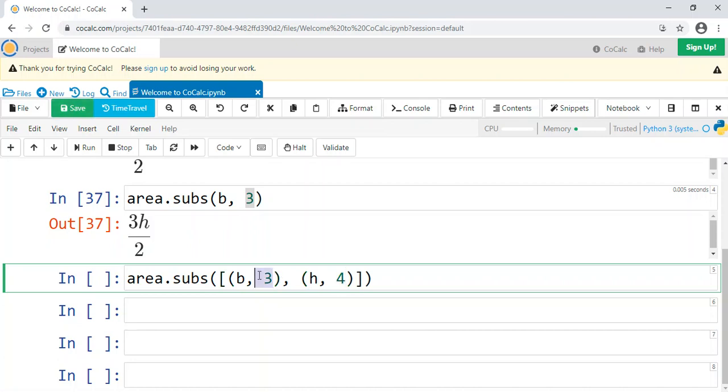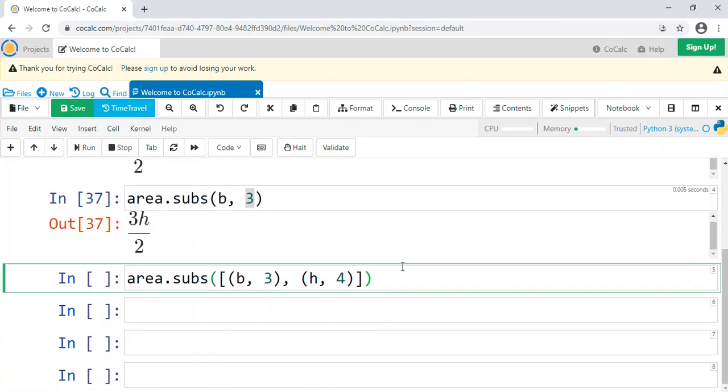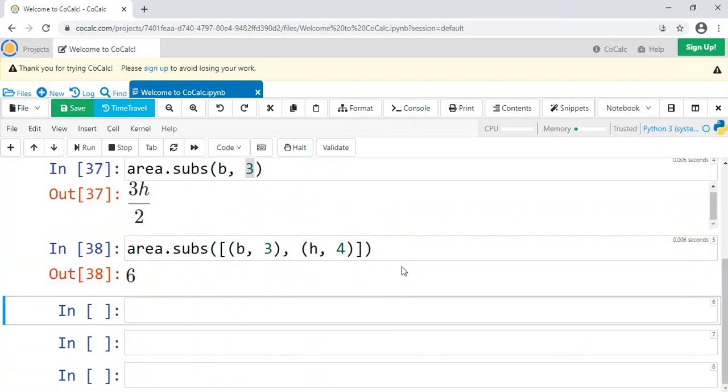So now we're saying the base is 3. We're substituting in 3 for the base, and we're substituting in 4 for the height, and that should give us the area of our triangle. And it does. It gives us 6, which is indeed the area of a triangle with the base 3 and the height of 4.